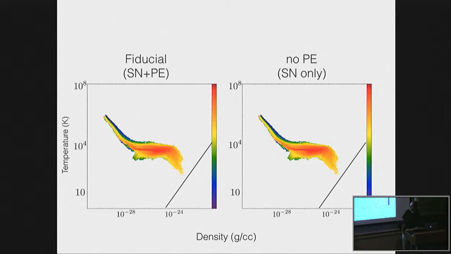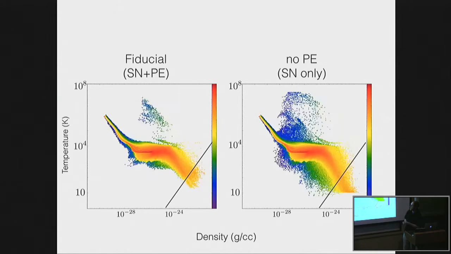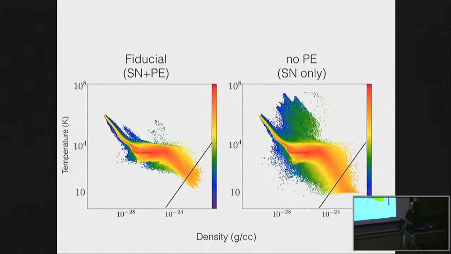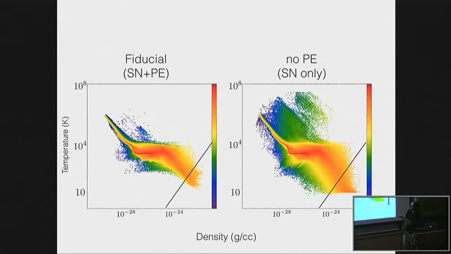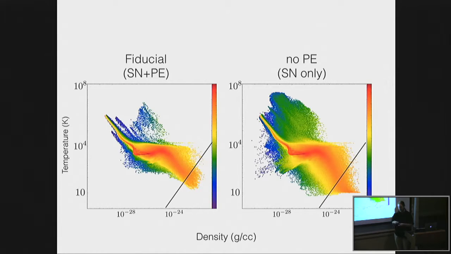And to answer that, let me show you the gas in the simulation as a function of density and temperature. Let me orient you a little bit more. This black line here is where we allow stars to form in the simulation, because this is the gas which is unstable on the finest resolution elements that we're resolving. And you can see that in the fiducial simulation, when gas gets this cold, it doesn't stay there for very long. It's quickly heated back up to near the threshold or above.